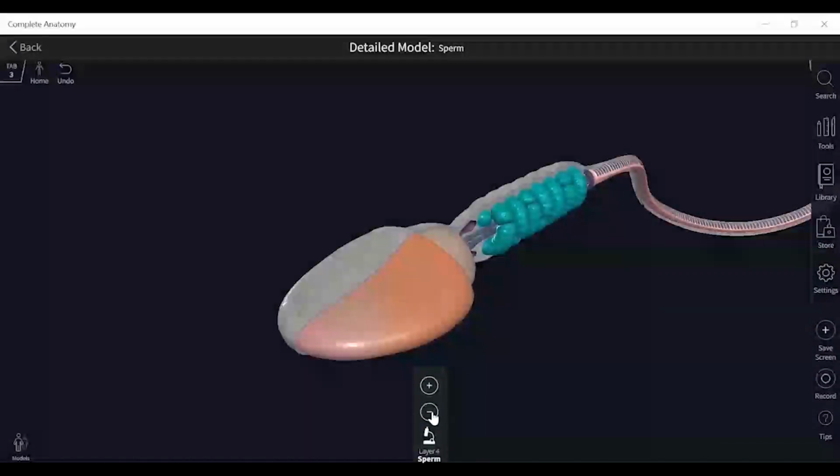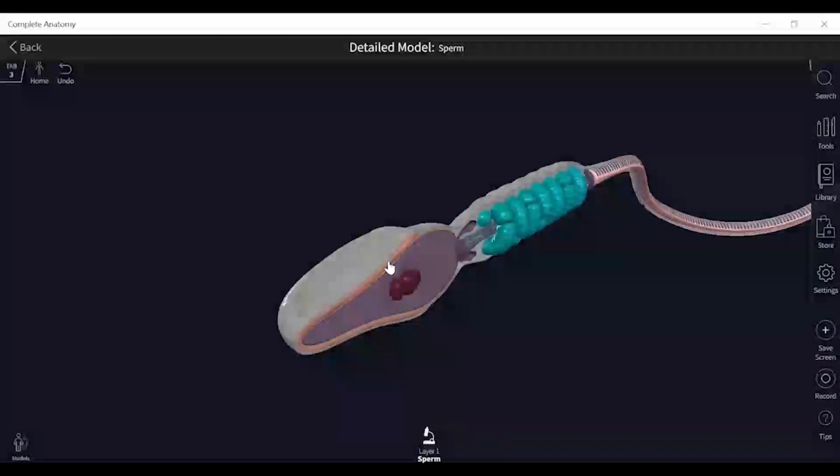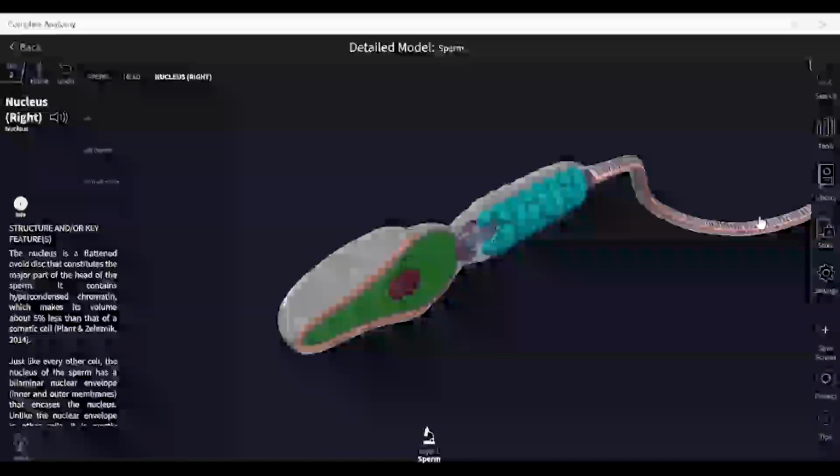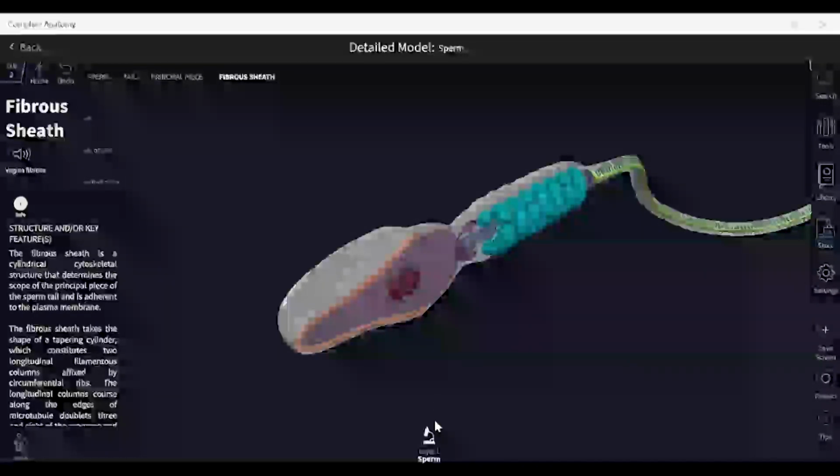This will be the acrosome, the nucleus inside it, the mitochondrial sheath. All these are the microtubules which are present within that. And finally, this will be the nucleus and the tail part. Okay, so this I wanted to just show.